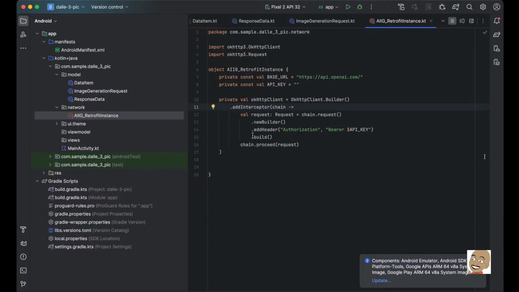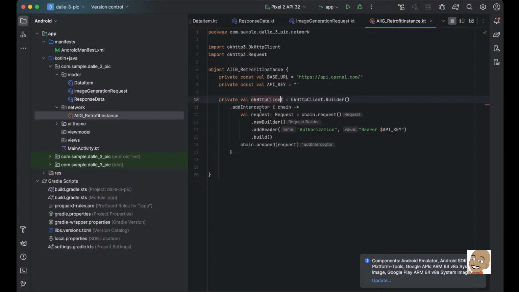And then the interceptor is actually going to be a curly bracket, and this is going to be the end of that request right there. And so we have our OkHttp